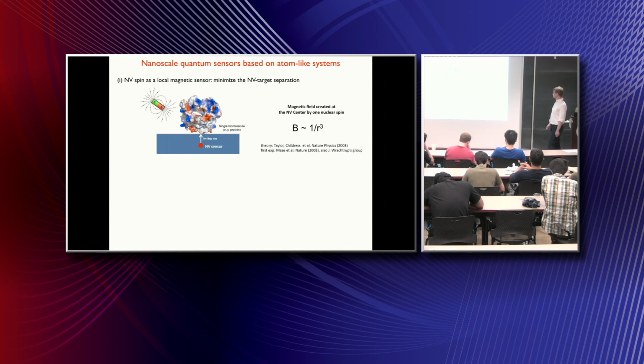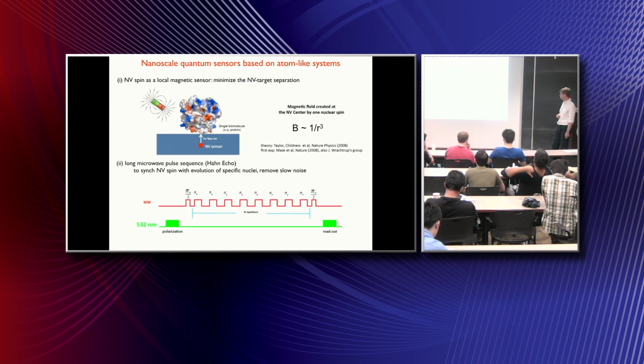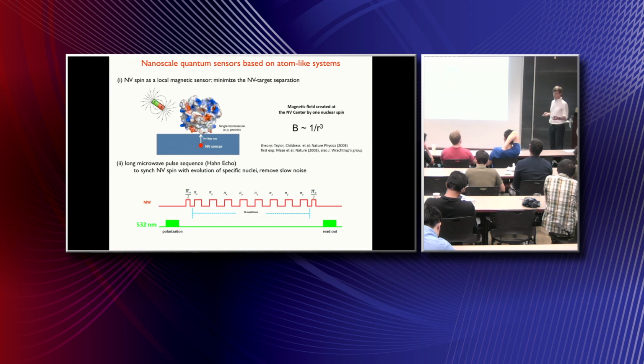This idea allows one, in particular, to take bulk magnetic resonance imaging systems and really scale it all the way down to the point where these NV centers can do MRI on single molecules or very small objects. But the way these things work is a little bit more involved. In this molecule there may be a million nuclear spins, and these nuclear spins all precess at various frequencies, so you end up with a lot of a mess. Basically, you end up with magnetic noise. So how can you distinguish, isolate, and address individual nuclei?